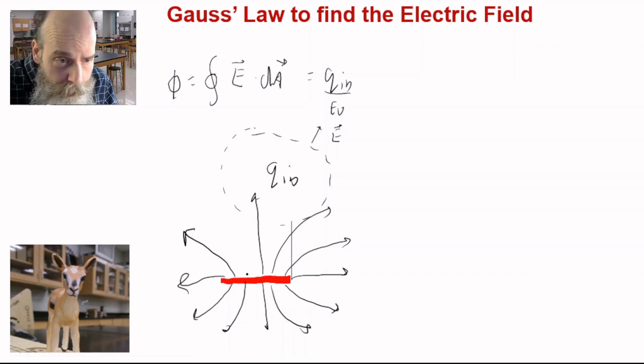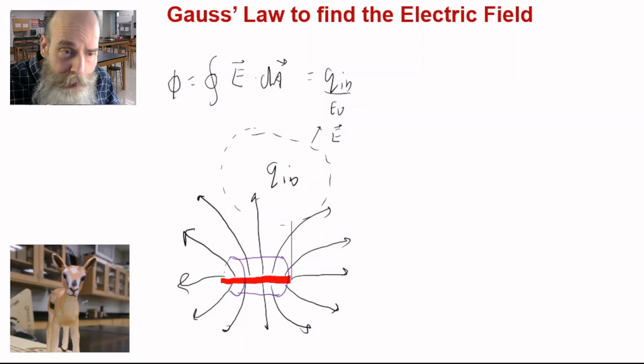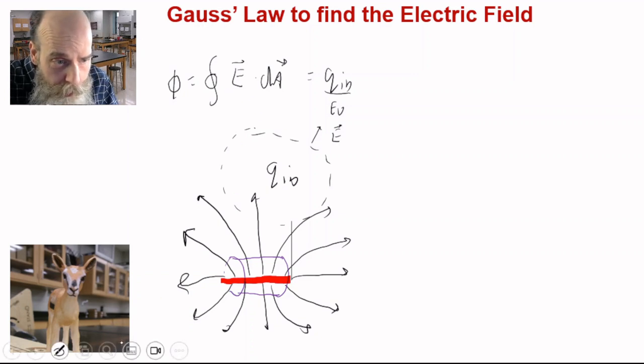This makes it difficult to find a surface, the Gaussian surface, on which the electric field is constant. For here's an example. Let's draw a Gaussian surface. Say we're going to work with a cylinder. We'll have a Gaussian cylinder. That's our surface. It looks something like this. And we can't find a cylinder for which we can easily find this integral, because look at the E here. Here's E. E curves in this part,